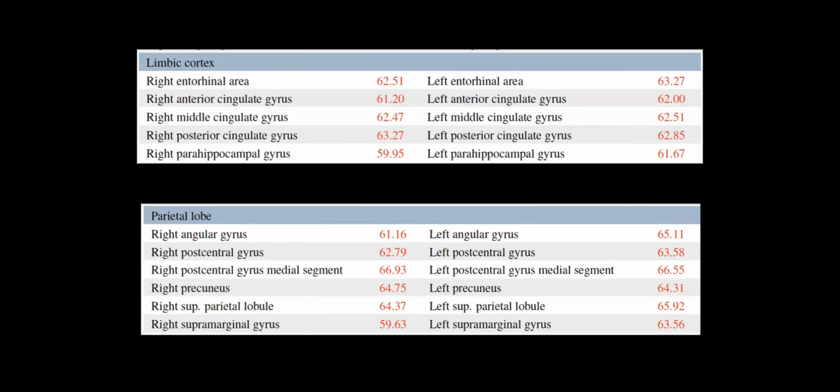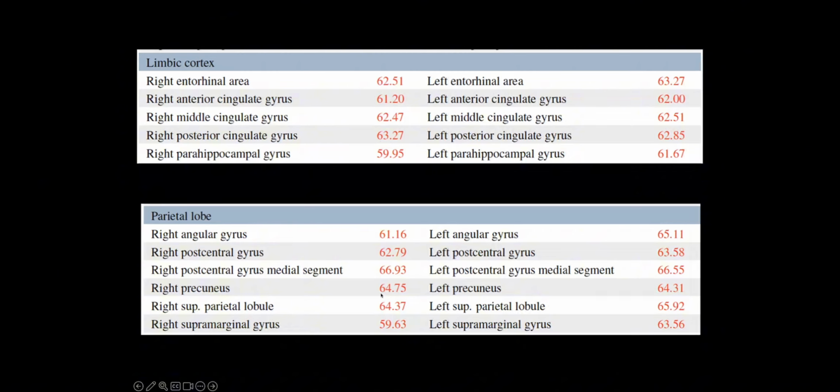However, Alzheimer's doesn't start until age 65 on average, and this individual is 54. So what's happening to the entorhinal cortex? Well, it has an abnormal brain age of 63 years and such on the left and about 62 years on the right. So upwards of almost a decade older than this individual's chronological age of 54. But that's not all. We can see that the posterior cingulate gyrus, another area that is affected by Alzheimer's disease, is upwards of close to a decade older than this individual's chronological age. The parahippocampal gyrus, again, 5 to 7 years older than the chronological age.